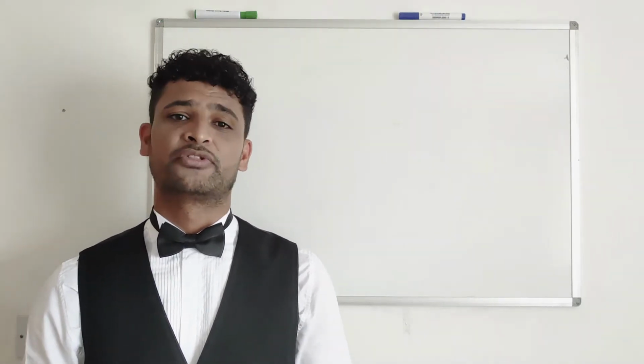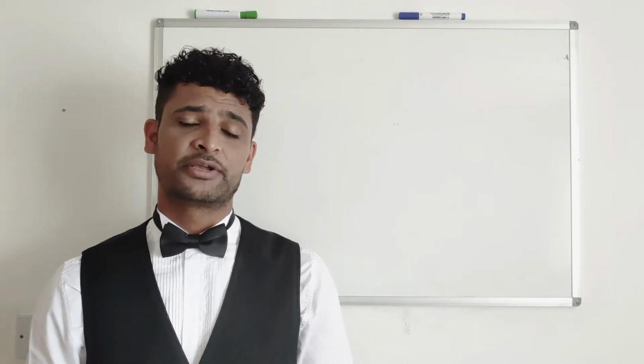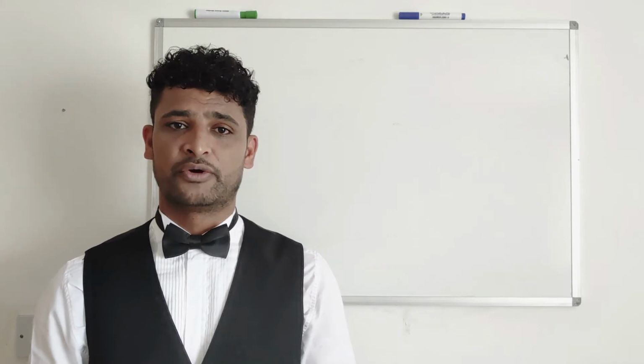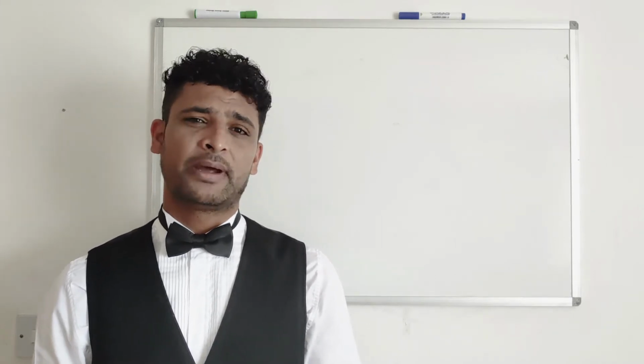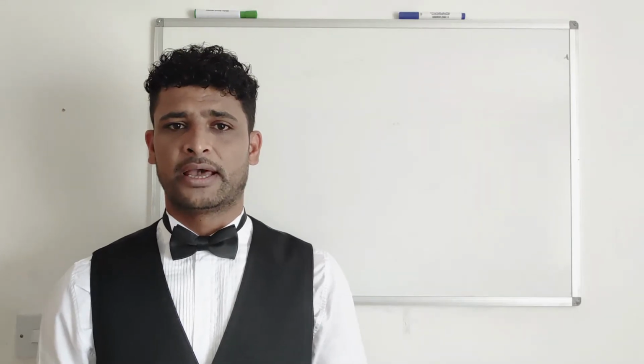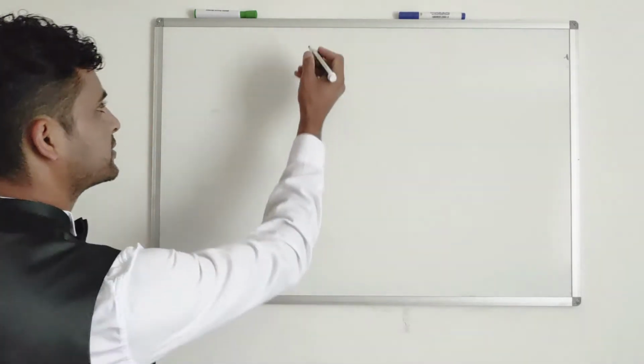Today we're going to learn about covalent bonding. We have learned ionic bonding in the previous video. Covalent bonding is slightly different from ionic bonding. When two non-metals react with each other, they make a covalent bond. And the definition of a covalent bond is